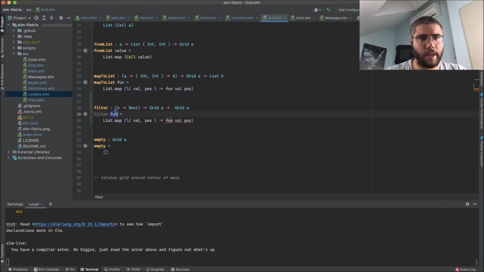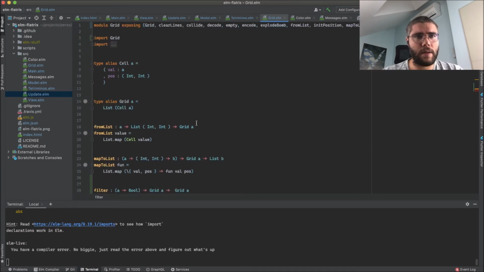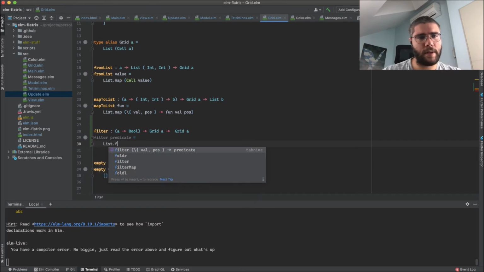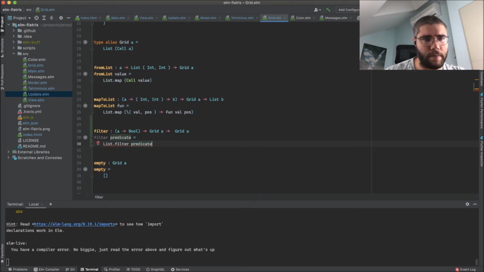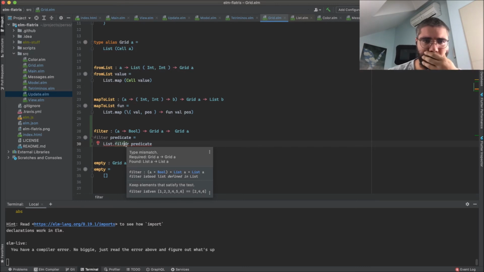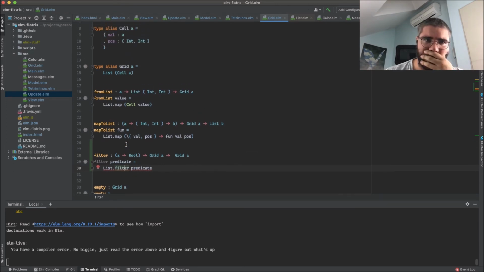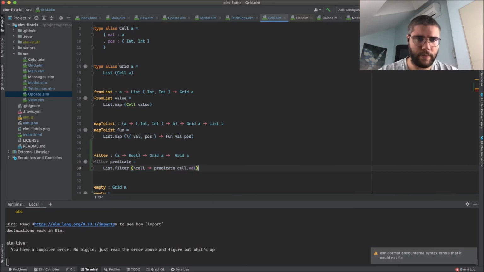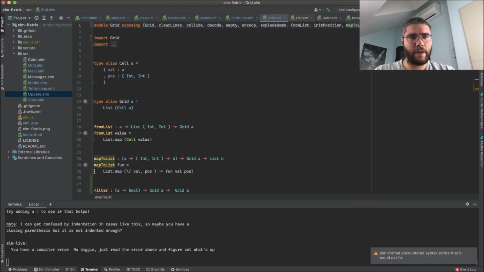Okay, so predicate. And so the grid is a list of cells, so list.filter predicate. What am I doing? We create grid A, and a cell. Okay, yeah. So the cell is the value, so I need to check that. Cell predicate cell. Okay, that works. So I have a filter function,